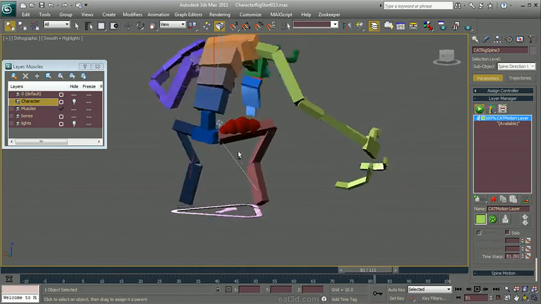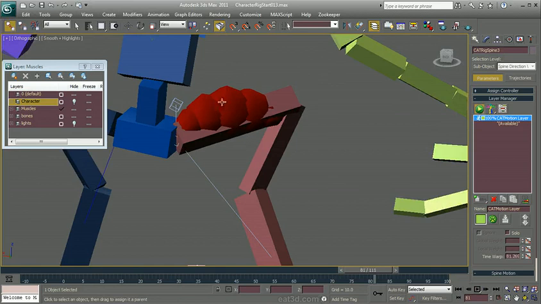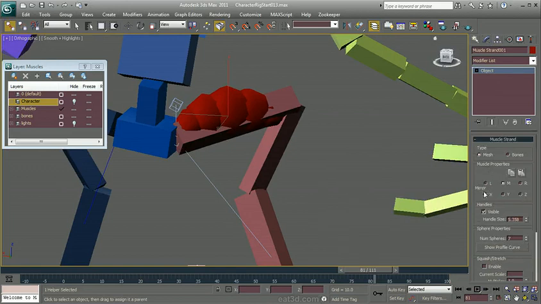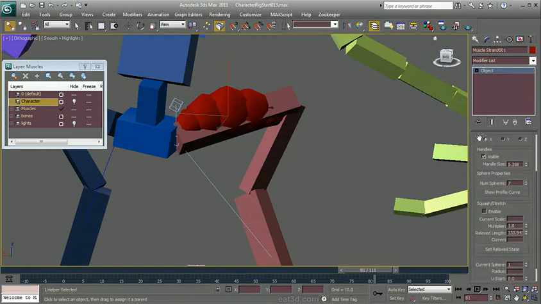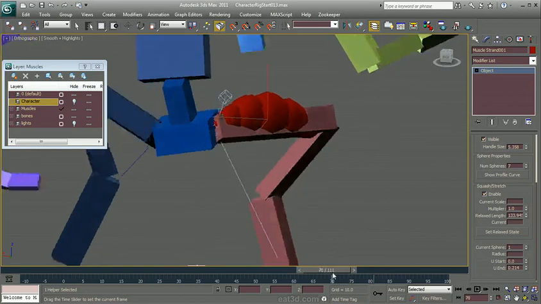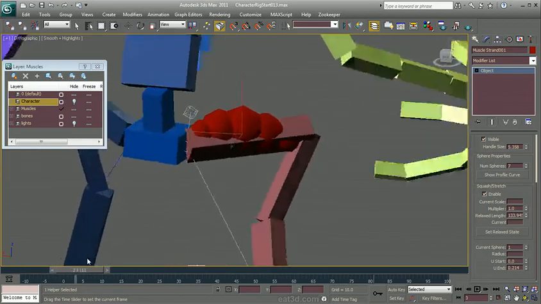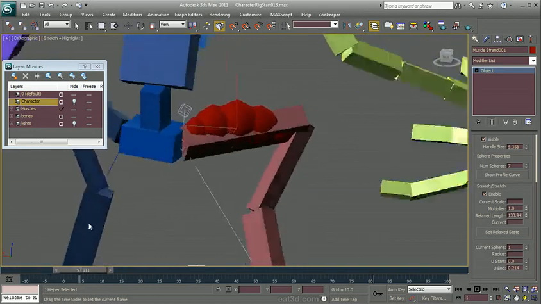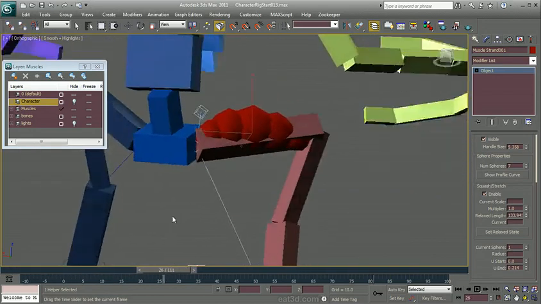Now what we'll do is go in and add a little bit of squash and stretch to this muscle. So I'm going to select the muscle and go to the Modify panel, and you can see that it has a few different parameters that we can deal with here. What we want to do is scroll down to the squash and stretch and say Enable. And you can see it stretch out there as it's long, and when it comes back, it gets squashed a bit. Now, the important part about this is to set where it's going to be at rest, or its